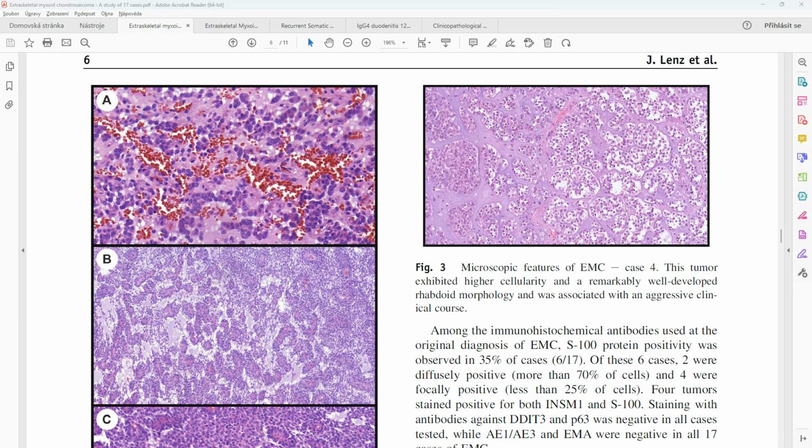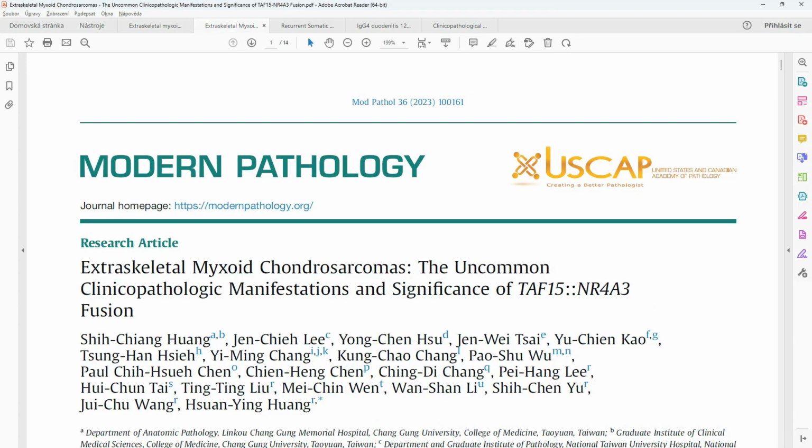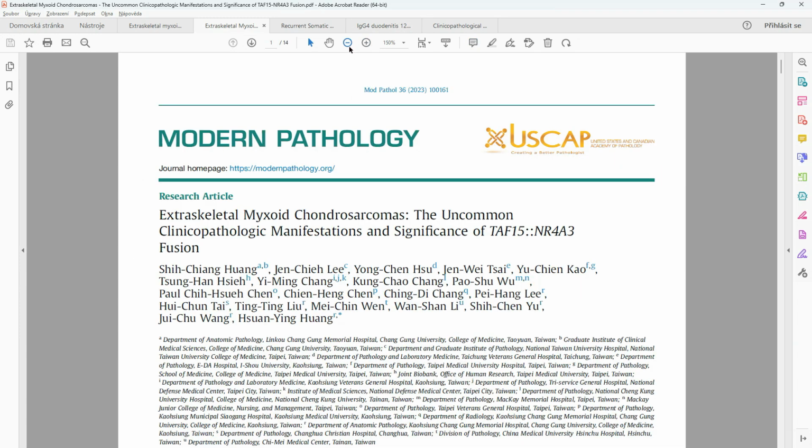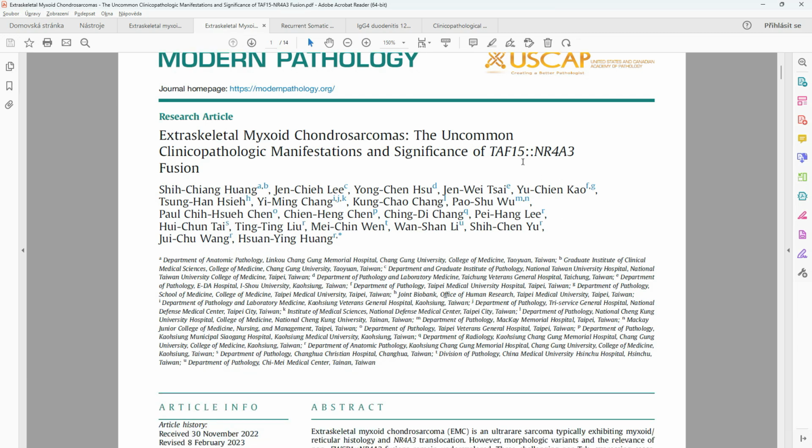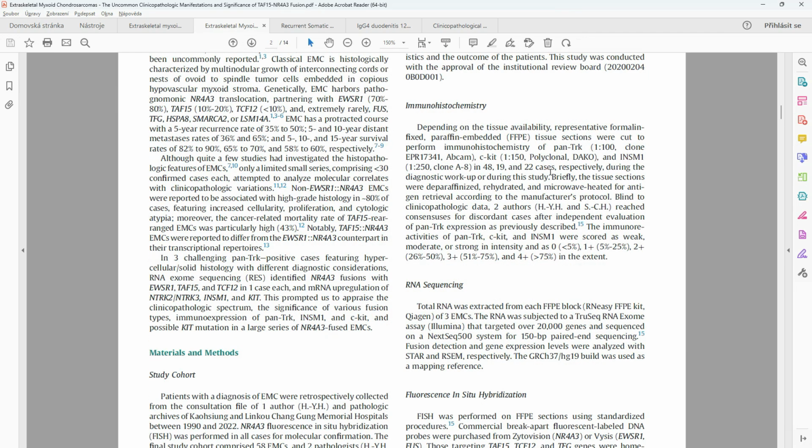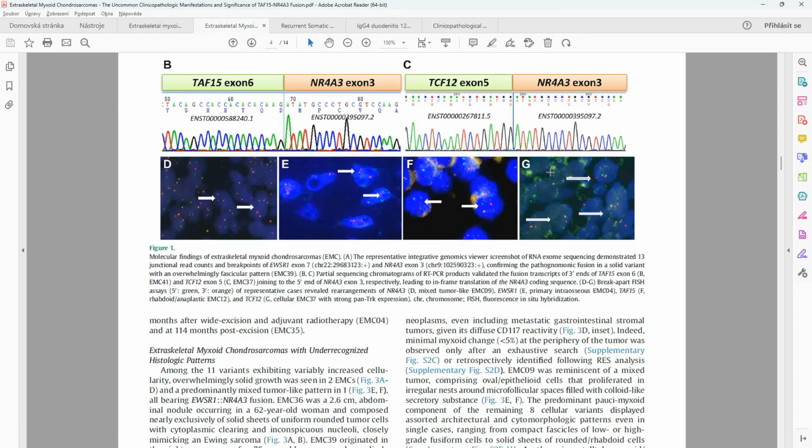Why it's important, this is the best paper on this topic by Xuanying Huang, a bone and soft tissue pathologist from Taiwan who will visit us next week as well, and he will actually talk about this very topic. He'll tell us more. You can see they focused on these rare molecular subsets. And this is a beautiful paper